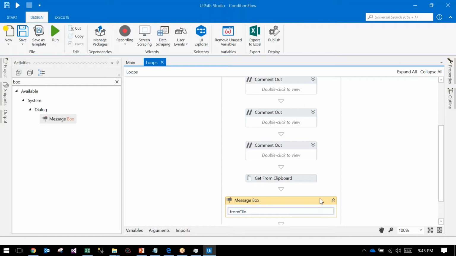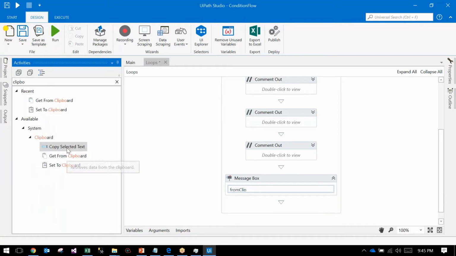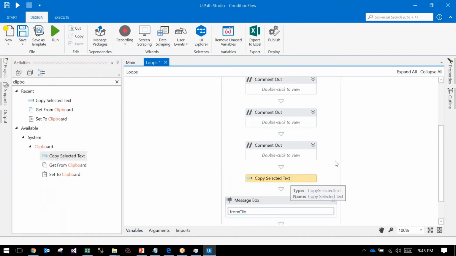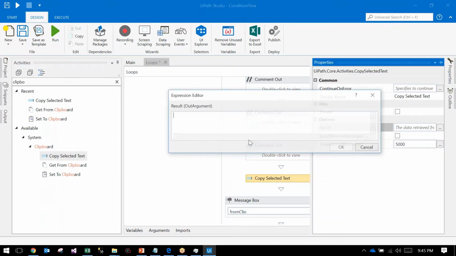And also selected text you can get. Selected text, in the sense, whatever you select, the user is selected on the text. So here is a result.